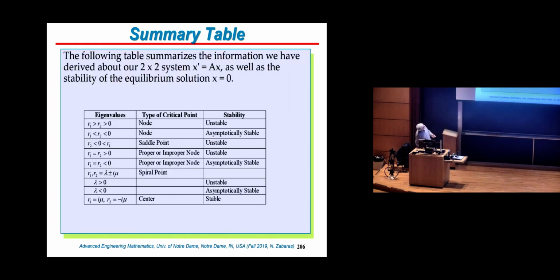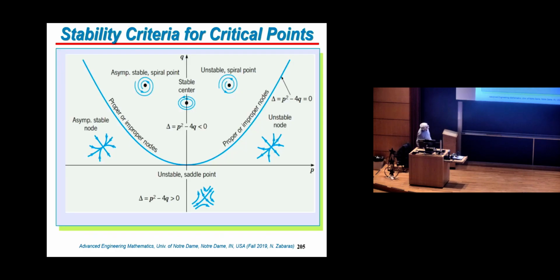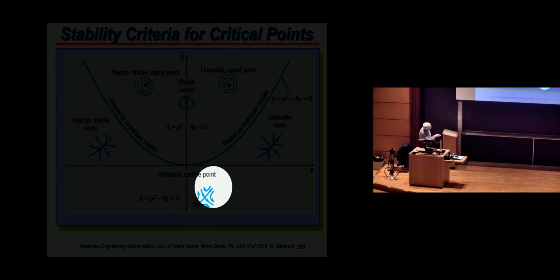All right, so if you look in terms of the eigenvalues, everything you see is on this table. But in a homework or an exam problem, you are fine if you just look at this picture, calculate P and Q, and immediately not only say what type of situation you have, but also plot by hand this type of